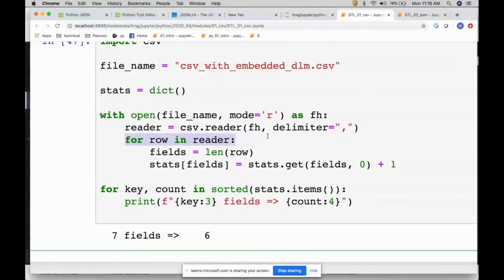Right? If you want to do a write, you create a writer object and then pass the list into the writer method, and then pass the file handle, it automatically writes. Right? So you simply outsource the parsing of a string into a field, a list, or a sequence, or taking a sequence and then creating a string in order to be written into a file, using the reader and writer method respectively,